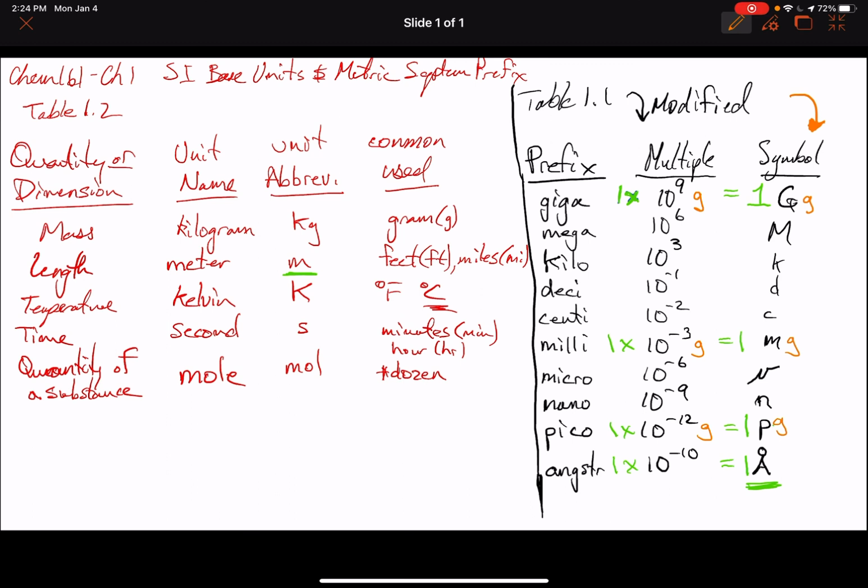And we also must be used to using these common SI units. And we'll do lots of examples here. And we'll see more on the quantity of a substance later in the course. But as a bit of a preview, we have